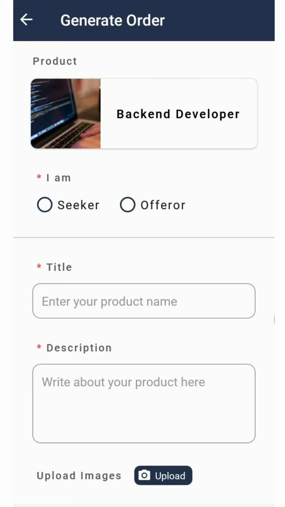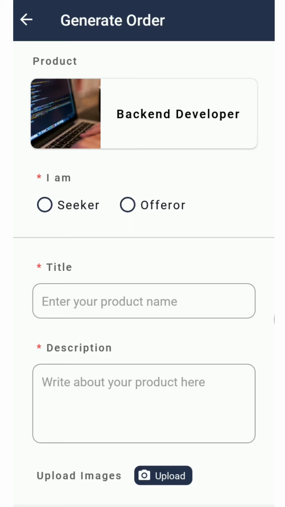If you are able to find your need in any category, that's awesome. Or you can also simply type your requirement or your need in the search, and then you can select your need, then automatically it will redirect you to the form. So in the form, the most important thing is it is asking you to select seeker or offerer. So what is seeker and what is offerer?